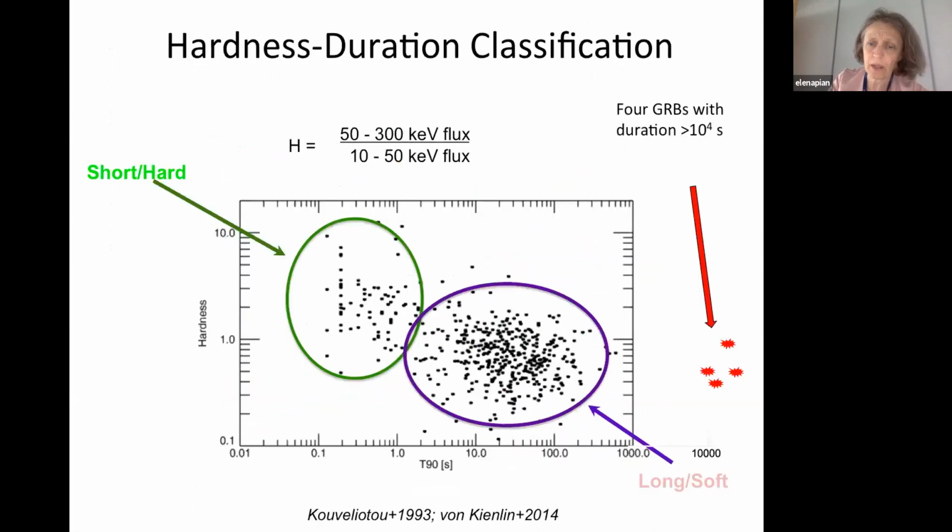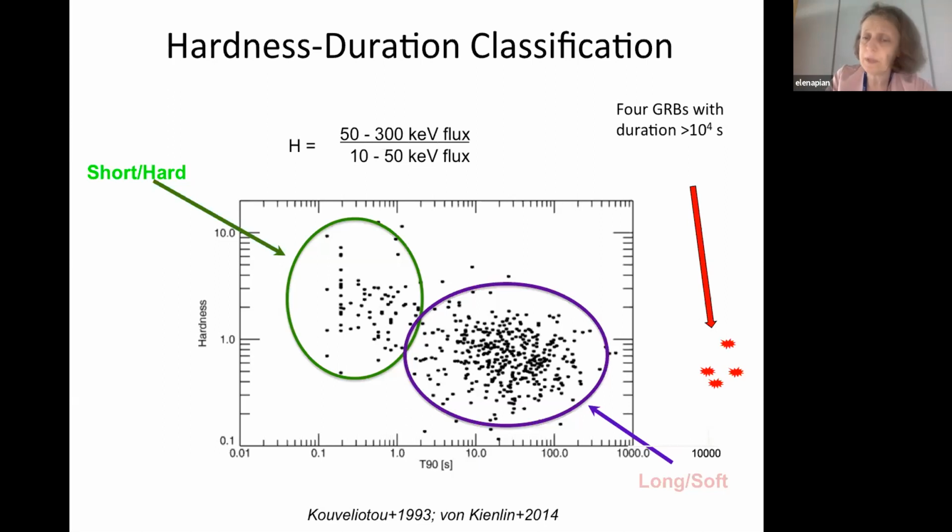So a special chapter is deserved by ultra long gamma ray bursts. These are a minority of long gamma ray bursts. As you can see here, it is the same view graph I've shown before. The majority of long gamma ray bursts range in duration between 10 and 100 seconds. Well, ultra long gamma ray bursts are much longer than this. They can be a few hours in rest frame.